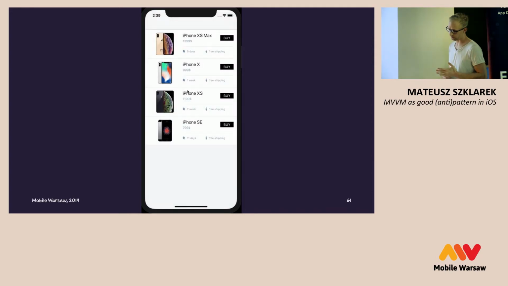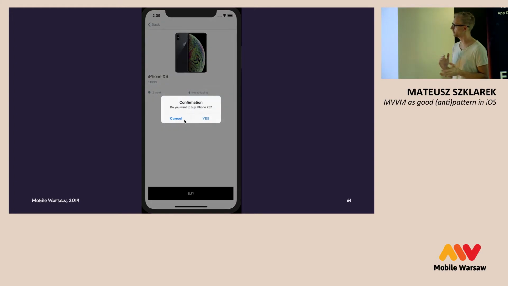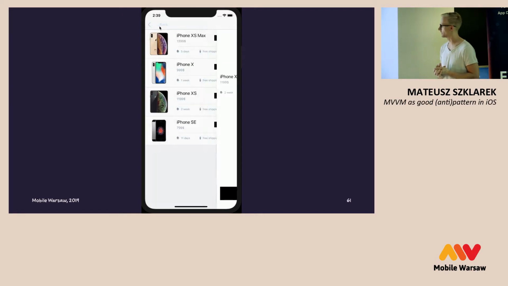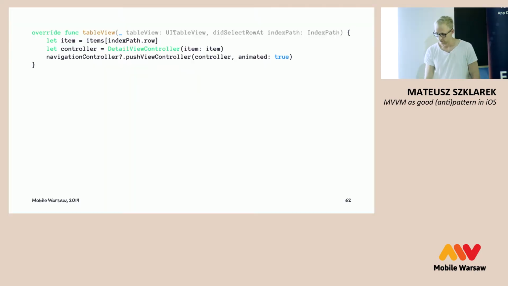An important part of this example is that please pay attention to the fact that we are displaying the same amount of data on the list and on the details screen. It's really important because in this case we can use the same instance of viewModel.